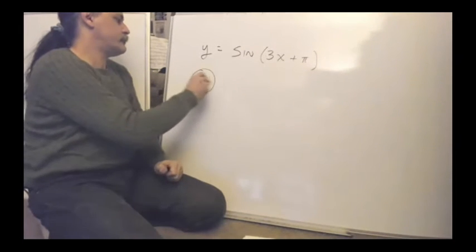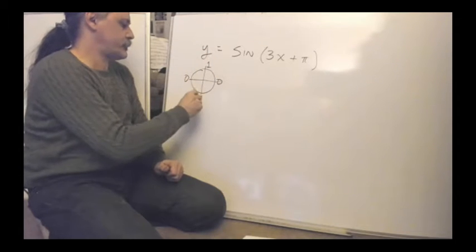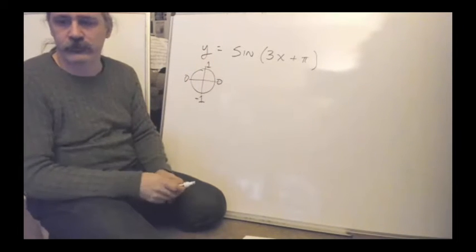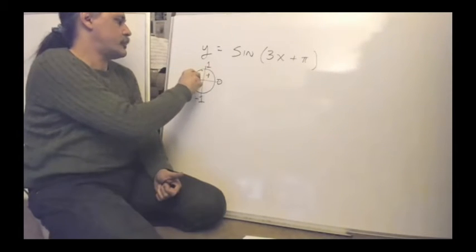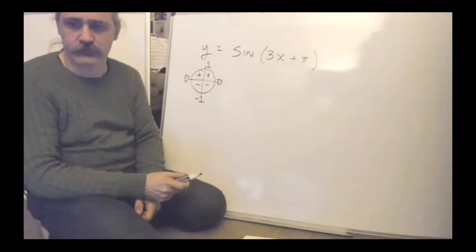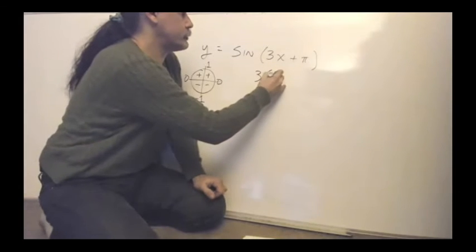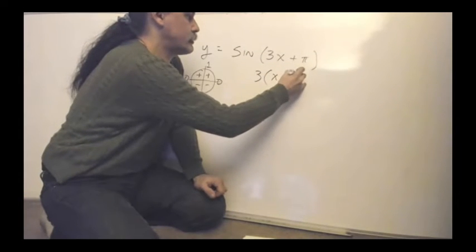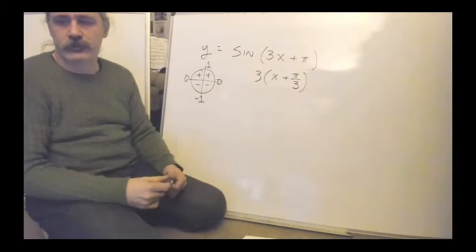All right, so if you want to make a unit circle map, you can, but this is probably something that you're more familiar with. You don't really need the unit circle map. Since the sines are the y's, if that's helpful, you can go ahead and do that. All right, I'm going to factor out the 3. So in other words,